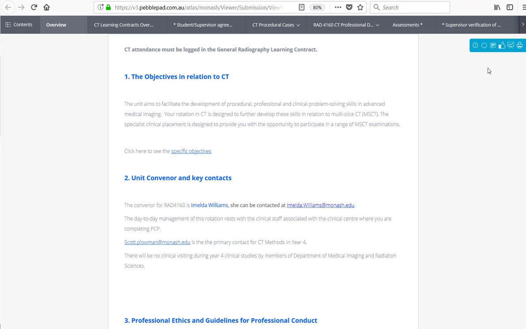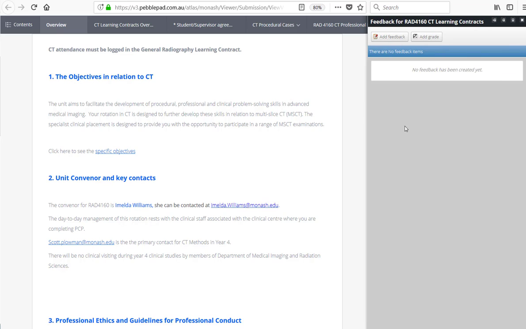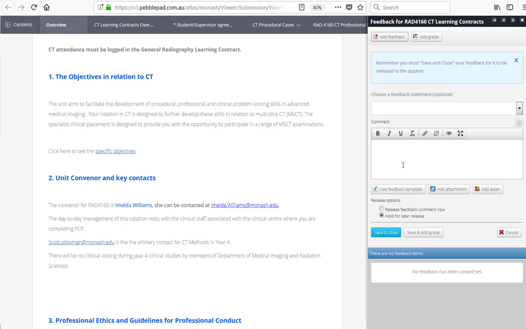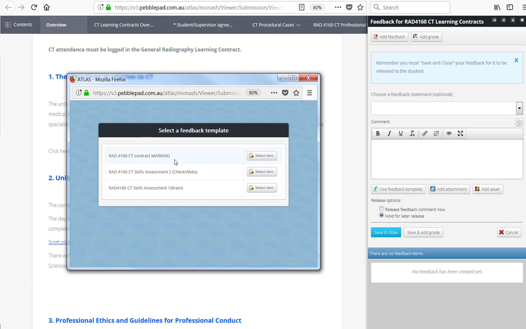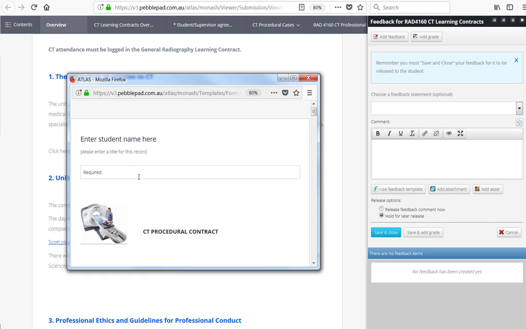So the first thing, probably easiest to do, is go to this feedback icon here on the right, click on that, leave feedback for the main asset, and add feedback. Grab yourself a use feedback template, which opens up here, and you just get your CT contract marking proforma. Alright, hook in the student's name,